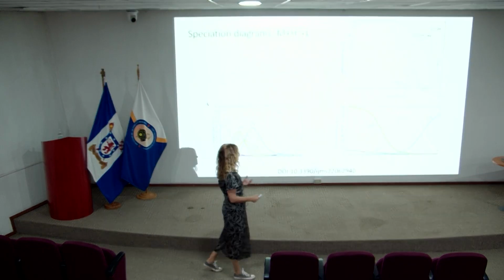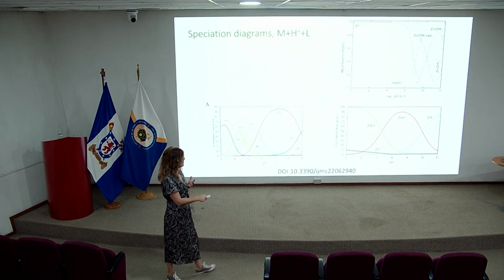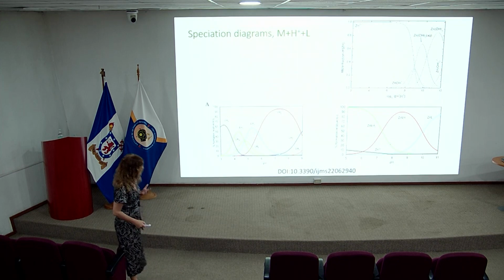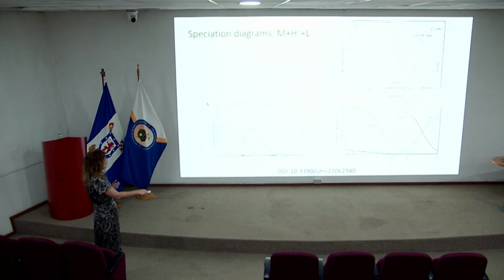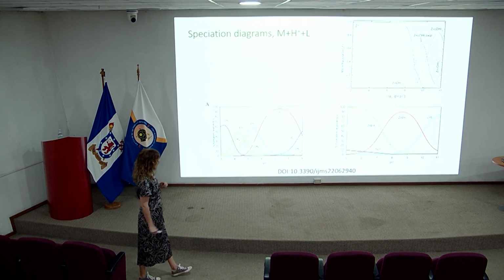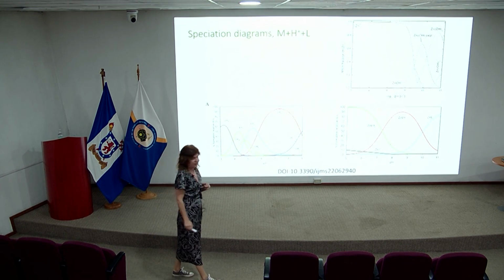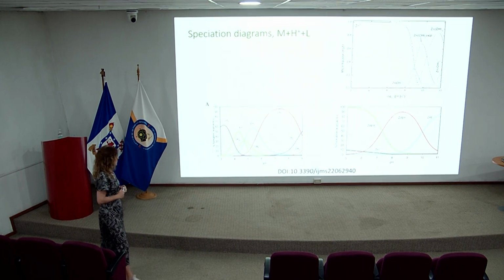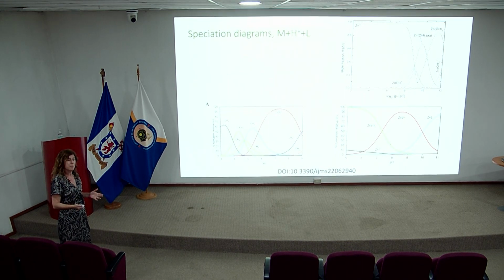This is really important because it will tell us which is the species that we will find at physiological pH or at more acidic pH. We can see which is the charge of the complexes, which are not represented there, sorry. And so this is powerful information about what happens in aqueous solution.